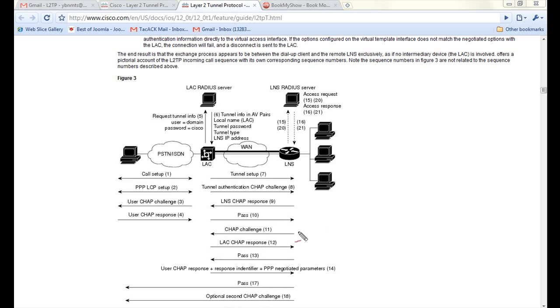In step number 11, the same procedure happens which happened at step number 9. Instead of the LAC sending over the challenge, now the LNS sends over the challenge. You get it? And now the LAC, in step number 12, as soon as it sees the challenge, sends its response to the LNS, and after authenticating the response, the LNS sends over a pass if the tunnel parameters are correct. So now at the end of all